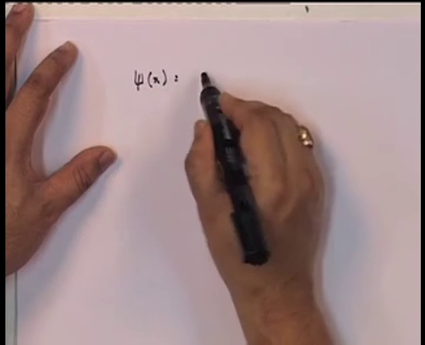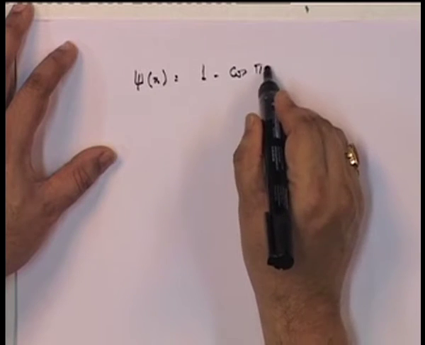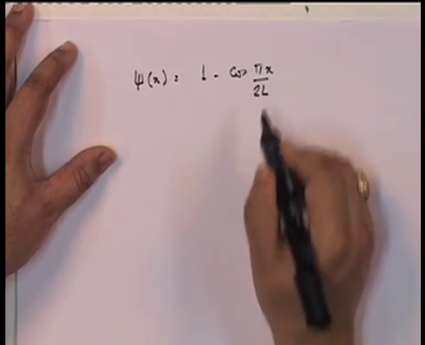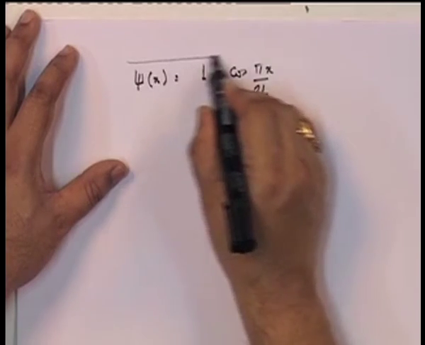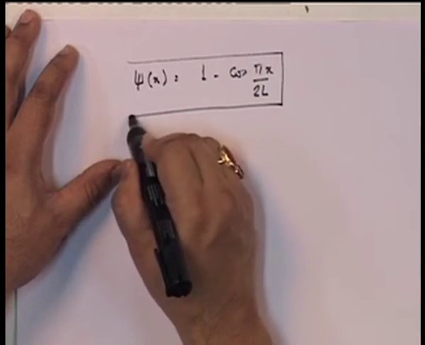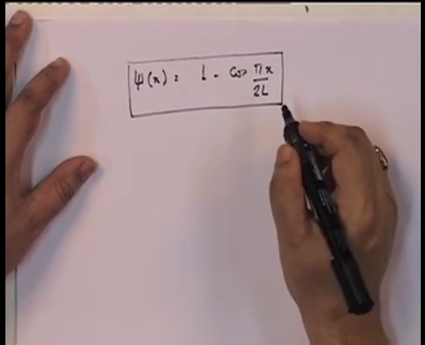Okay. So, now let us look at the same problem, accepting that I am going to define xi x to be given by 1 minus cosine pi x upon 2L. Okay. I am going to define this as my shape function. Why am I doing this? Because I want to show you that whatever equivalent single degree of freedom that I get is actually an